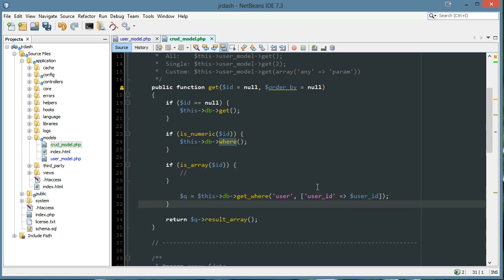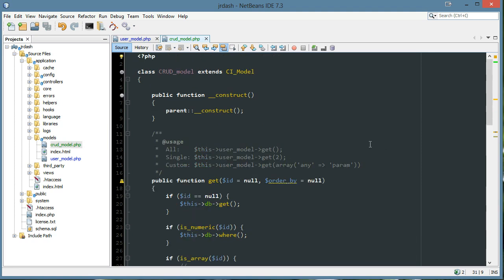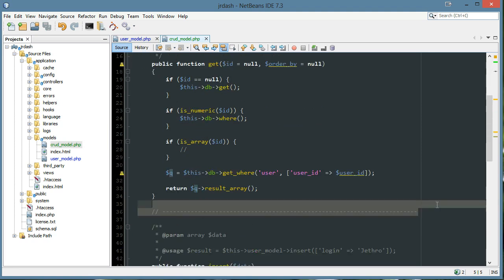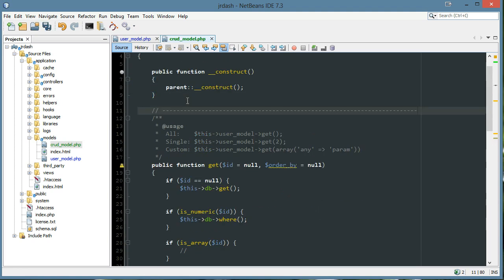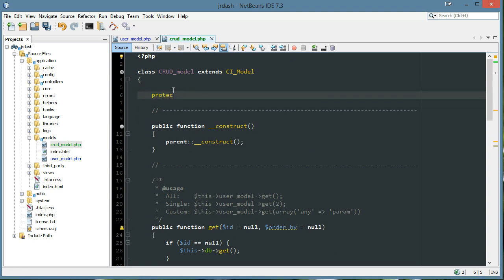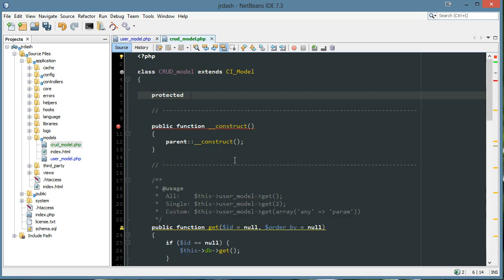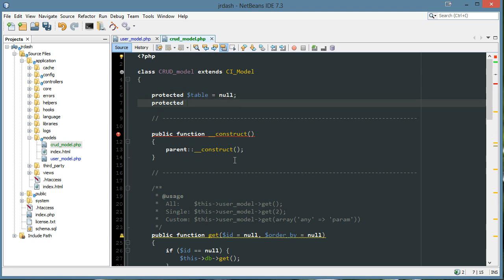and I'll just move these over. Now before I get any further, we need something to globally set what table we're talking about, and to do so I'll go to the top. Let me get my demarcation line so it's not so sloppy, and I'll say protected, and that just means a child class can access this variable. So the user model, since it extends CRUD model, will be able to access this variable. I'll say table equals null,